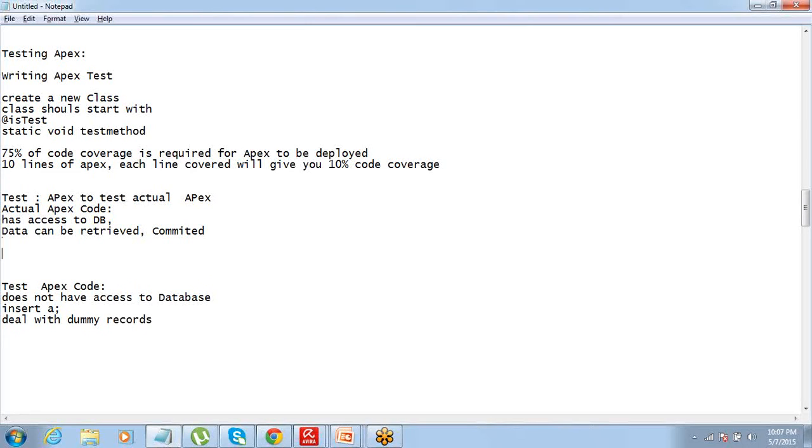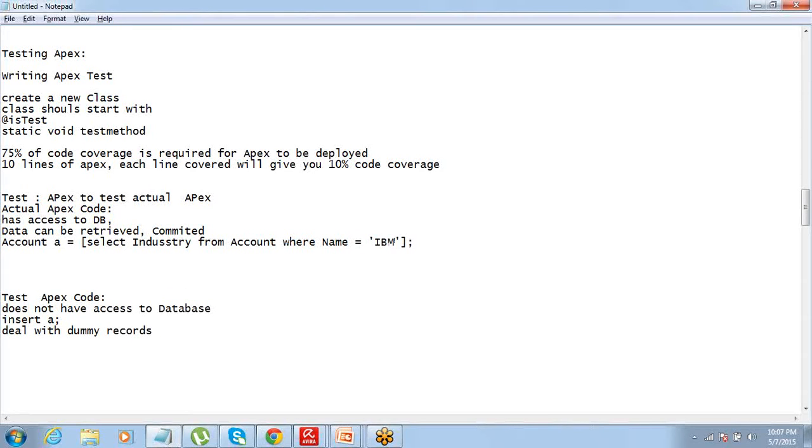Let's say for actual Apex code, you have written account a equals select industry from account where name equals IBM, and then I say a dot industry equals technology.